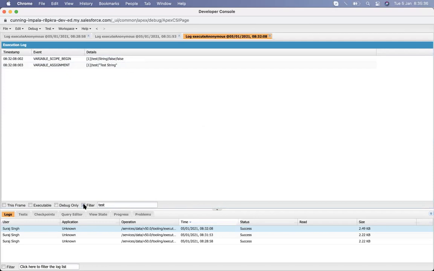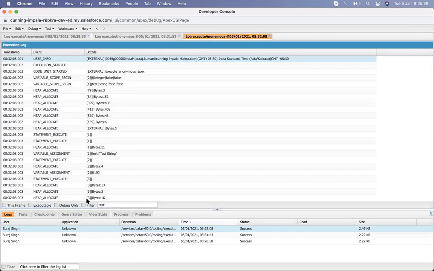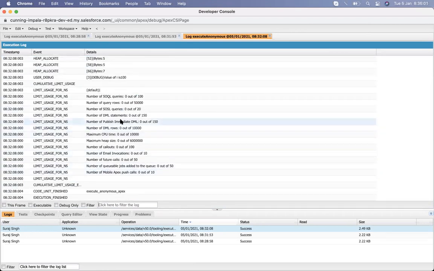So these are three things available up here that help us filter the logs, because logs are an important thing. If you want to tackle some particular thing, we can just apply the filter and see only the executable items. That's the information we can get from the logs. And we can also see the limits, what limits we are hitting while performing that code, from the logs.